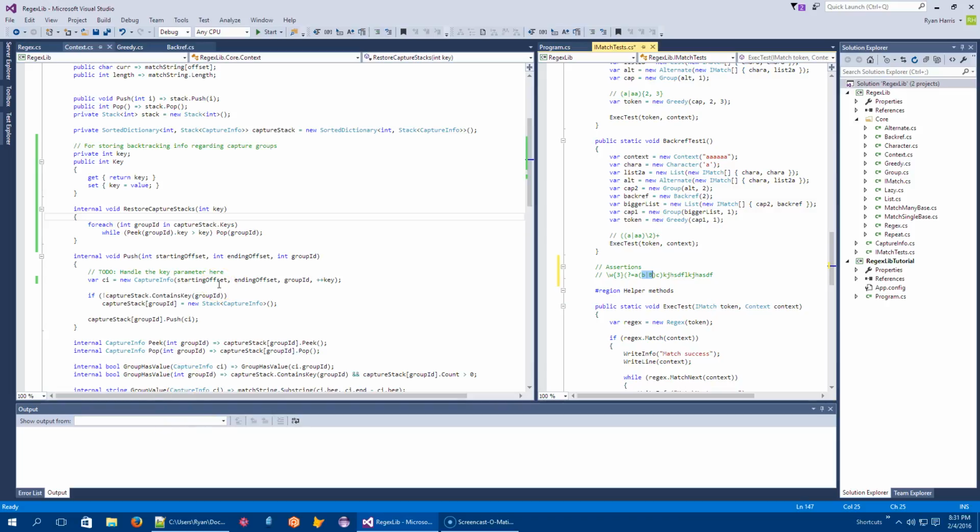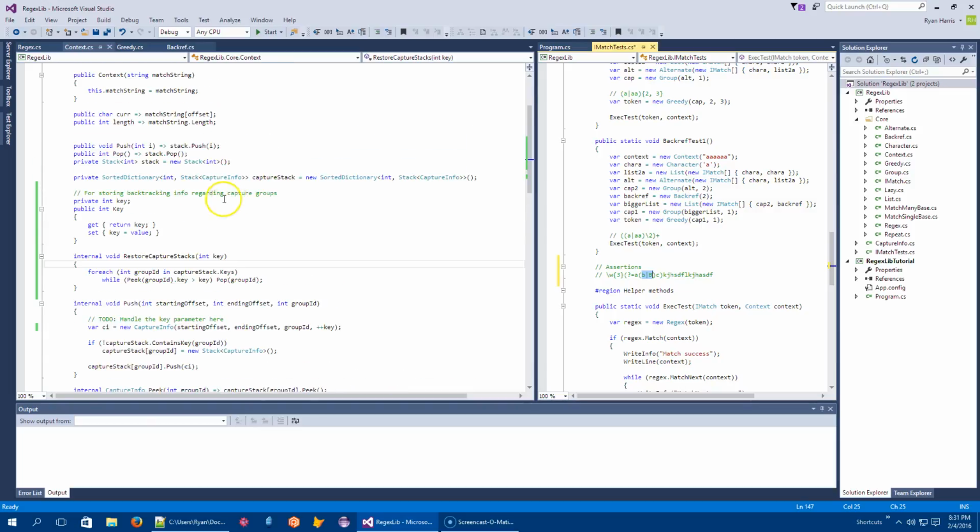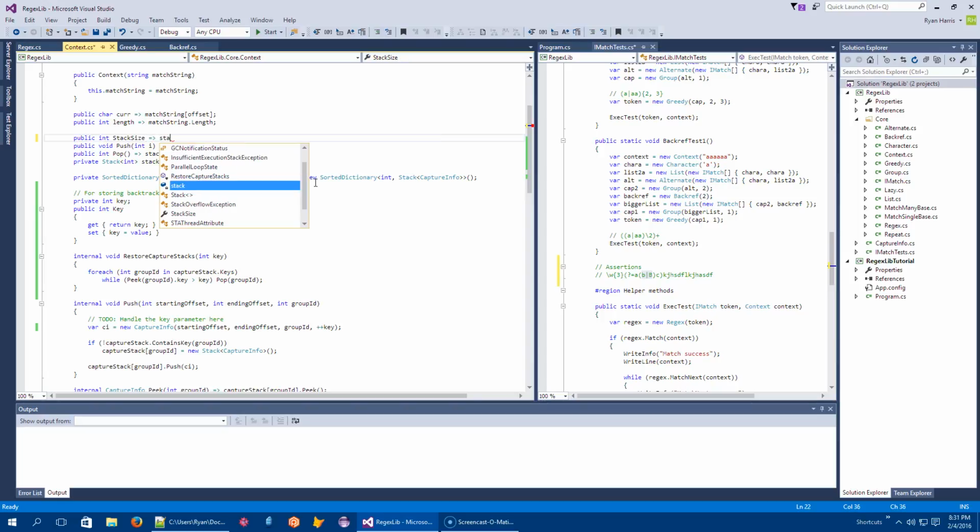So the other thing obviously we're going to need is to keep track of stack size. So we'll need a way to get at it, right? And I think I made this thing private. Push, pop. So why don't we just say public int stack size maps to stack dot, what is it, count? Count or length? Never sure. All right, stack dot count. So that's the guy I'm going to need.